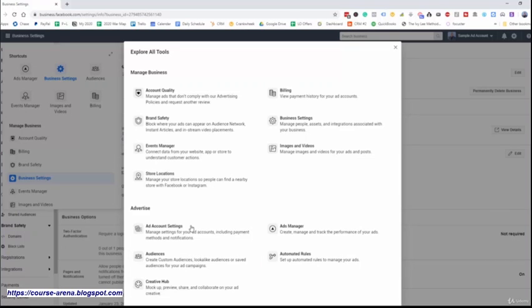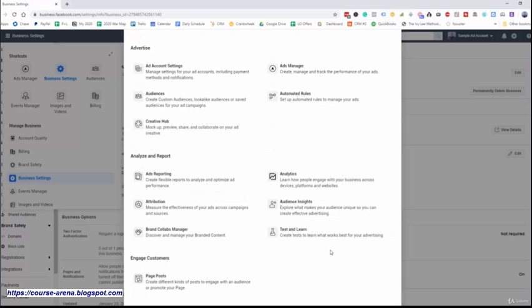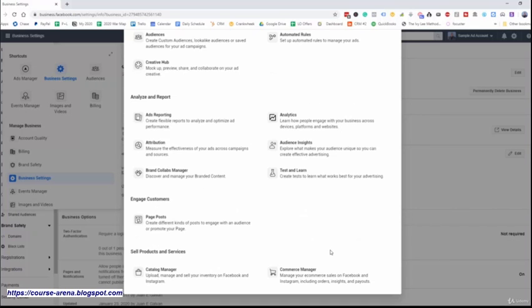So if you want to look at the ad account settings, including the payment information, notifications for the specific ad accounts, you can go ahead and take a look at that. If you want to go down here and look at some analytics, some reporting, some metrics, you can get very, very granular here with the data. Facebook is constantly changing this and updating this, so they're always looking to enhance the platform and make it easier,